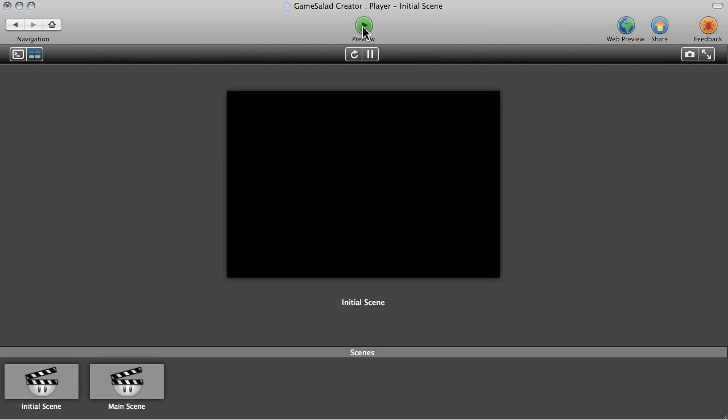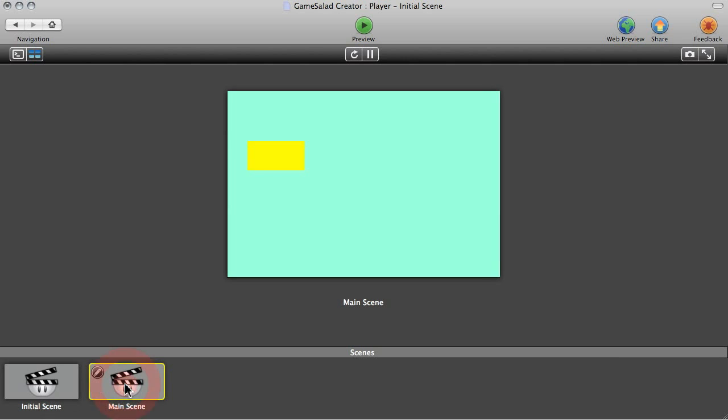And at first I'm like, oh, something's wrong with my game. But actually that's not the case. It's because if you look here, whenever you press preview from not in the scene editor, it's actually going to the very beginning of the game, and the first scene in the game is initial scene. We actually want to be in main scene, so if I double click you can see there it is. And now you can see also that when I press the arrow keys but then let go, instead of continuing its velocity, it stops. So the next thing we're going to do is we're going to go back to the scene editor and start adding some graphics. I can go directly to the scene editor by clicking